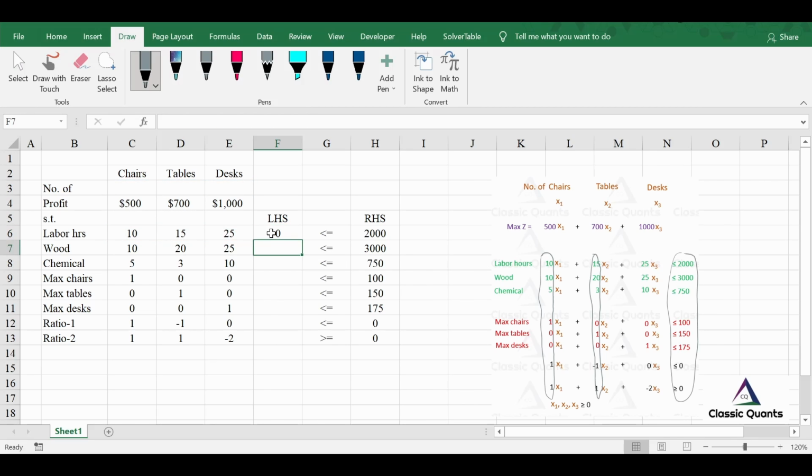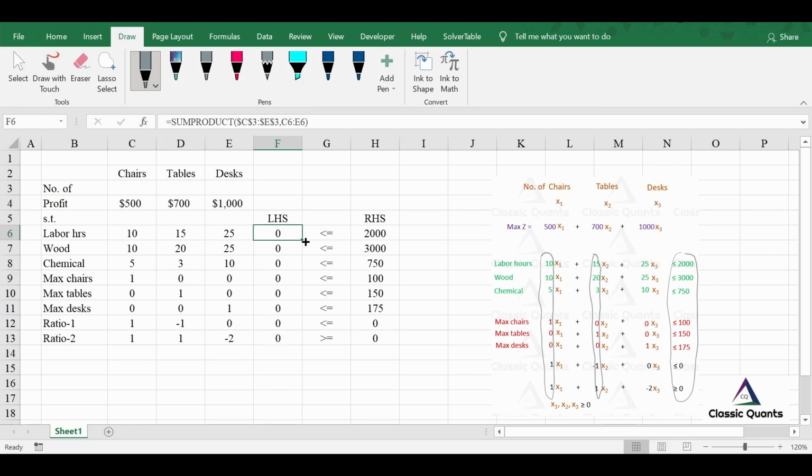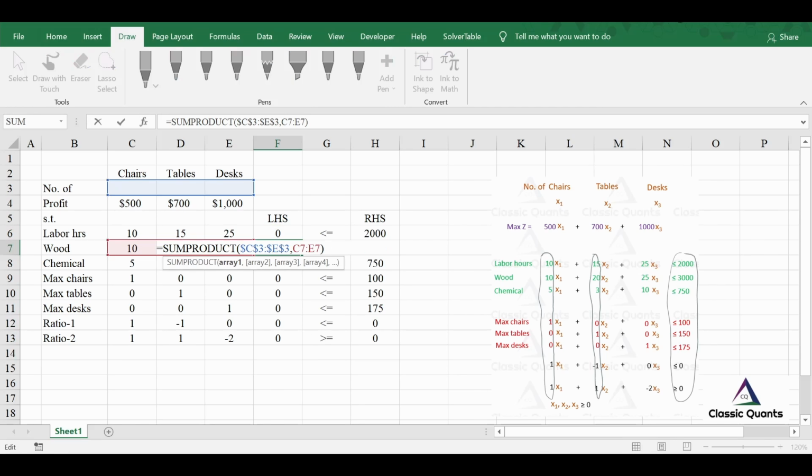Okay, so now you copy this until the end. Now see what happened here. Since we had made this C3 E3 row fixed by pressing F4, when we copied this down, the copy function happened properly.